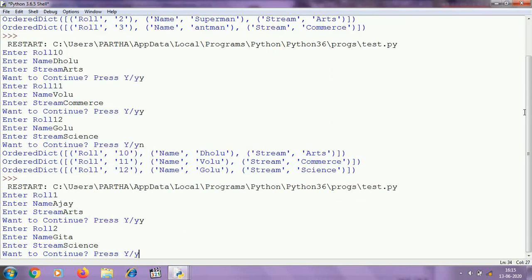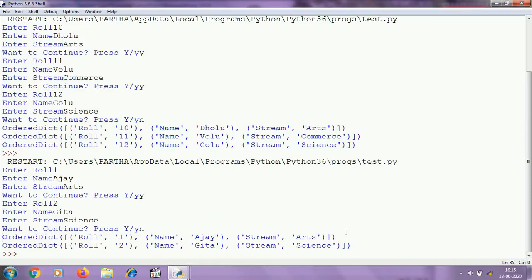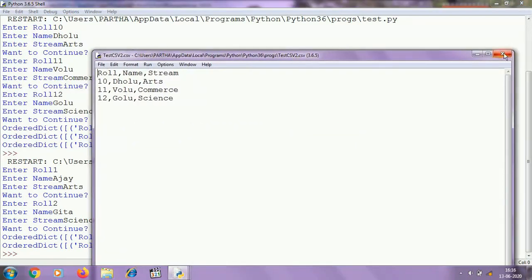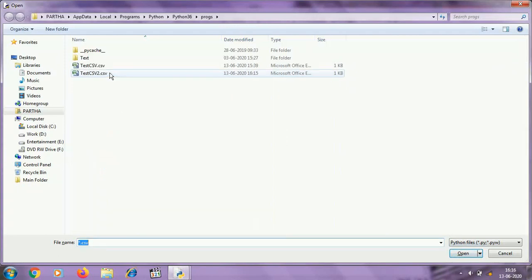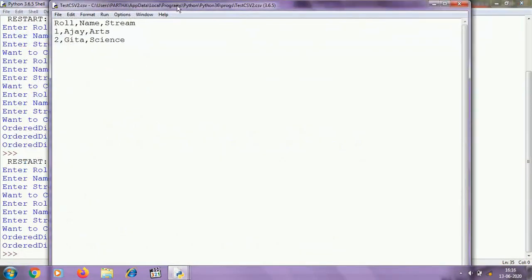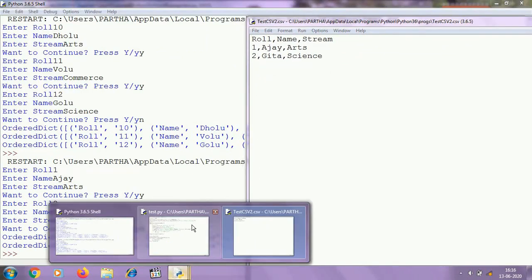Want to continue? No. So you can see that using the writerows method we can write multiple records to a CSV file, and in this case I am writing using dictionaries. This is the previous copy of the CSV file. Now I am going to open the fresh copy. You can see our program is running properly.